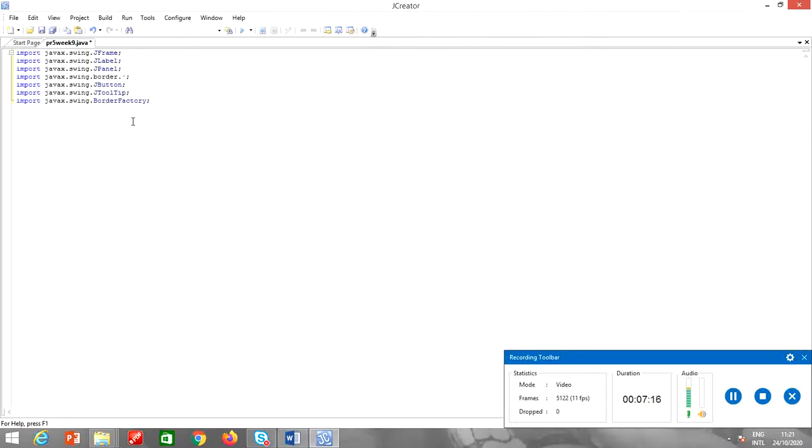For the AWT, I need flow layout, border layout, grid layout, color and font. So I can use like import java.awt.star. I am going to use it as a simple. You can use it javax.swing.star also. Alright, so let's start with the program. Public class week 9 extends